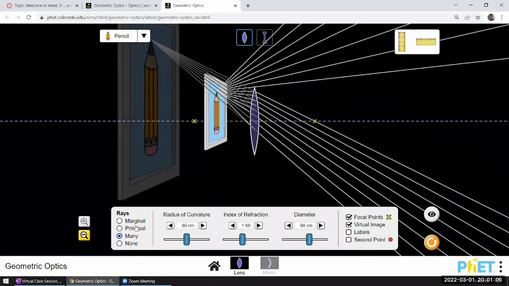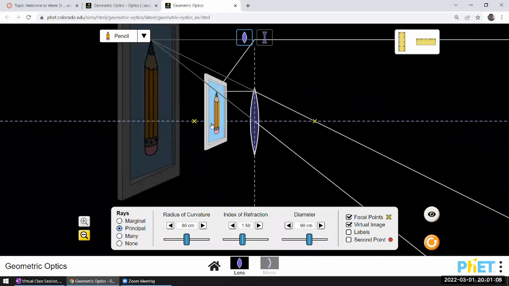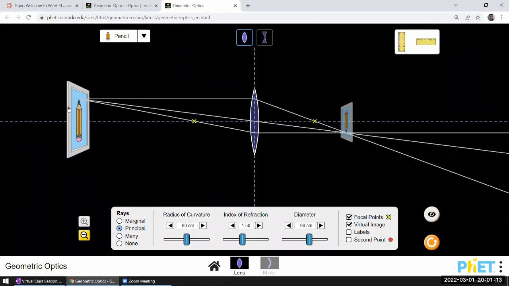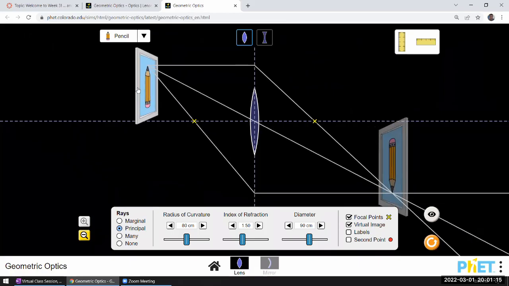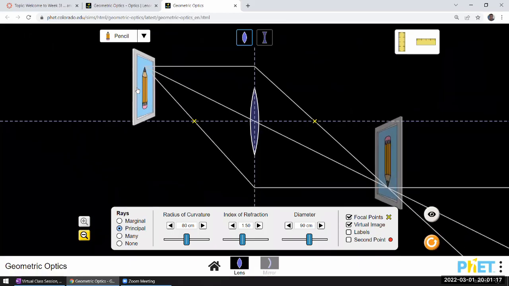And the principal rays are simply what we draw to help us locate the image. And I guess one last thing that might be worth noting while I have the simulation up is something kind of a change to note. And I guess note what doesn't change as you change the size of the lens. So as you make the lens smaller versus larger,